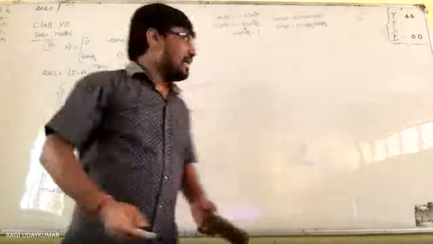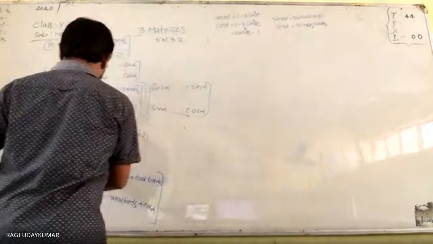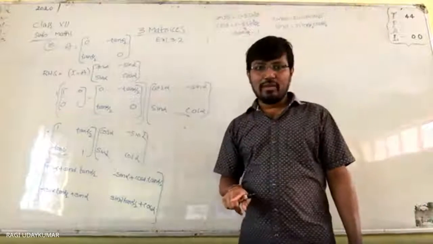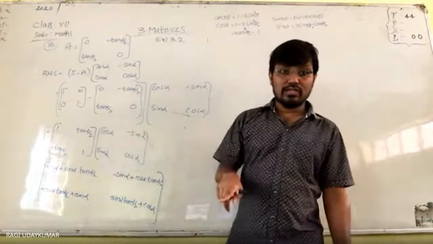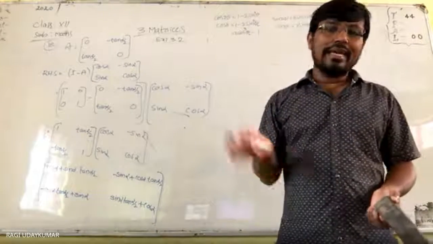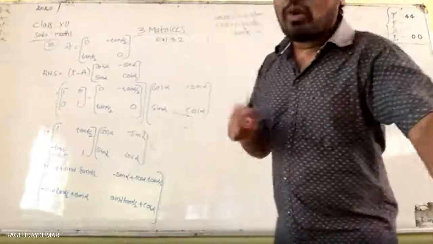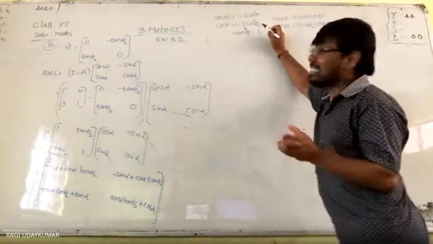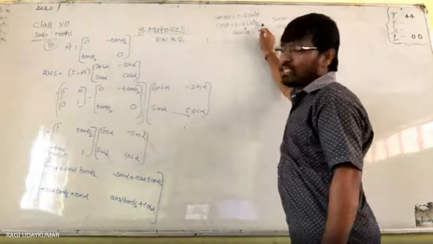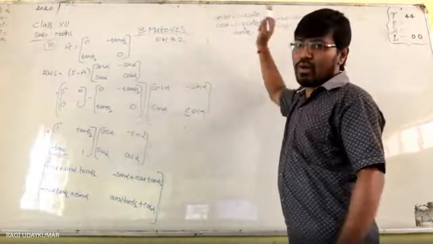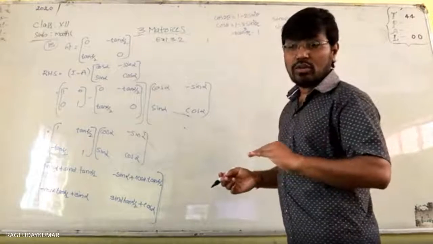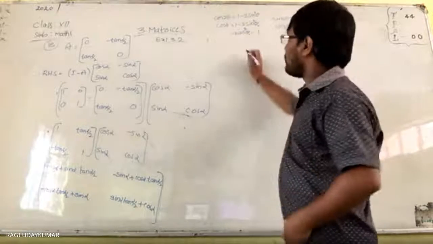So here you are having cos alpha, and cos alpha can be written as 1 minus 2 sin square alpha by 2 or 2 cos square alpha by 2 minus 1. So you can write either. So here, which one you are taking, you need to decide. See here only cos is very essential. Here alpha is given to you. Cos alpha can be written as 1 minus 2 sin square alpha by 2 or 2 cos square alpha by 2 minus 1. So which is suitable to us, you need to decide that one.